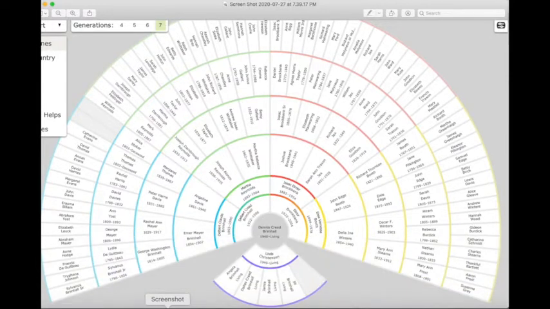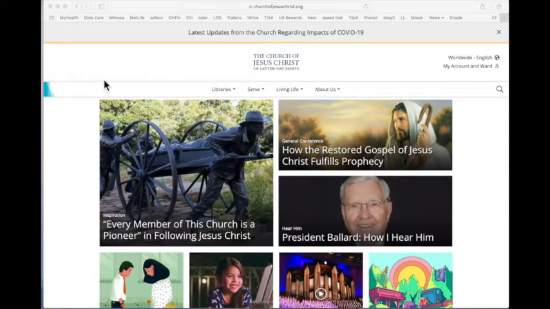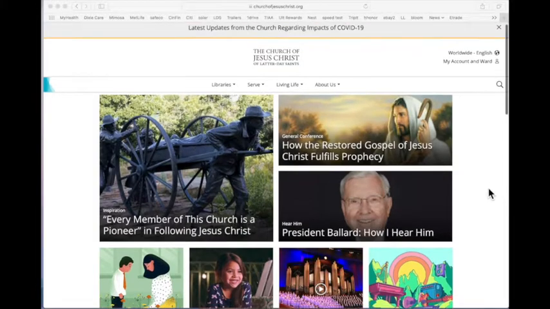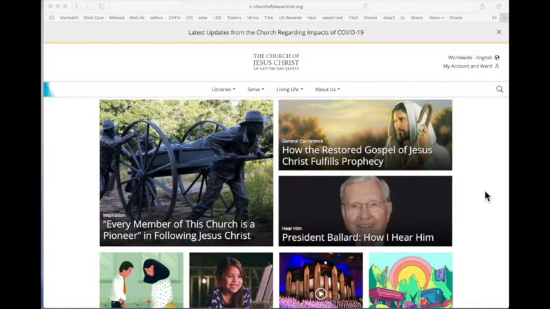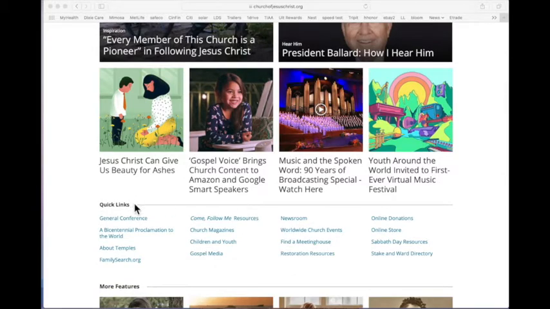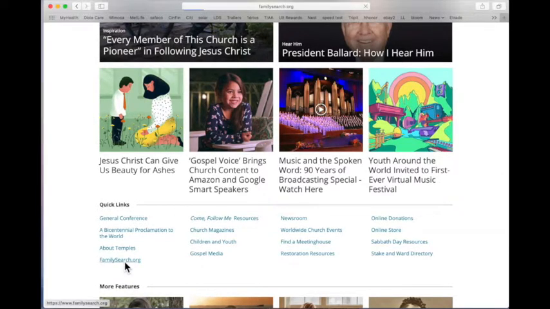So what we'd like to do is go where we usually go when we get started, and that is we go to churchofjesuschrist.org. As I said before, this is the portal that gets us to most good things in the church, and if you will come here, and you see I've got it up here in the search engine, and if I move halfway down to quick links, just like we did before, go to Family Search, double click on Family Search,